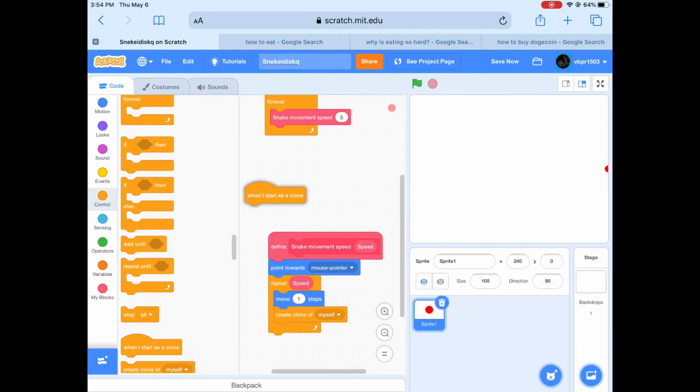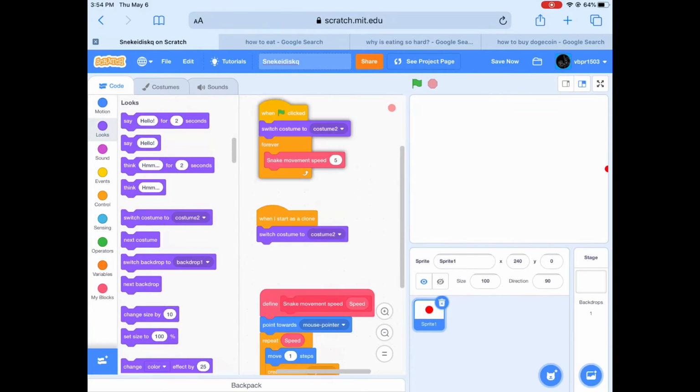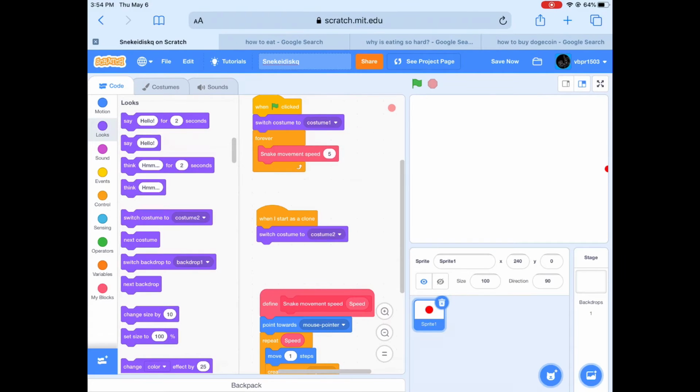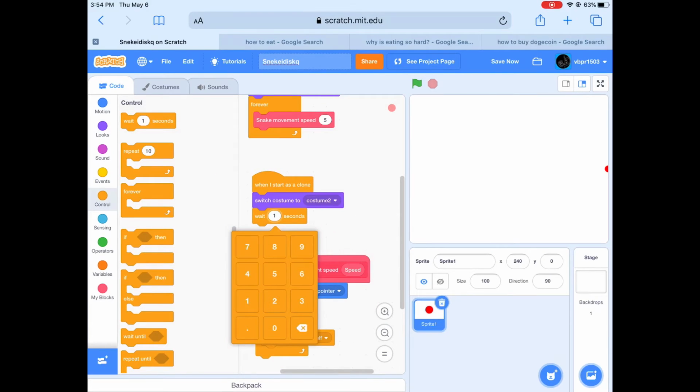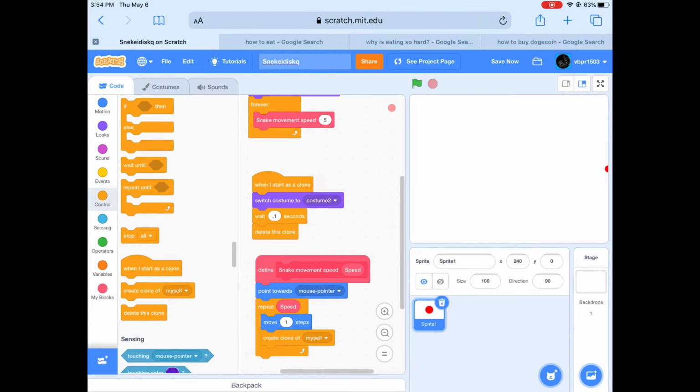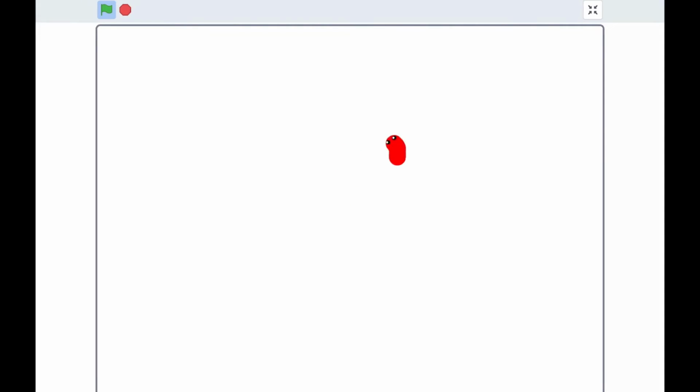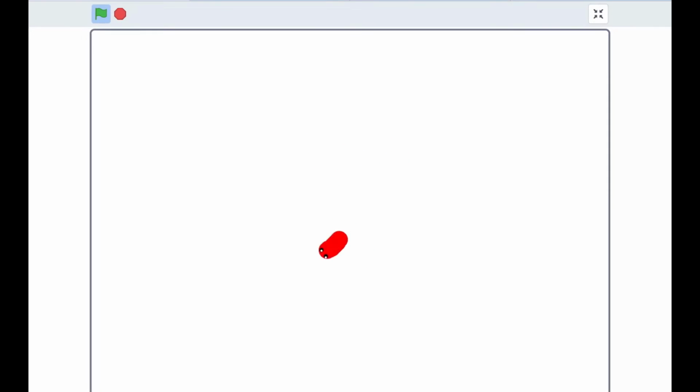When I start as a clone, switch to costume 2. One, green flag clicked, switch to costume 1. When I start as a clone, wait 0.1 seconds, delete this clone. Great, now we have a snake in your project, and when you click the green flag, it should follow your finger,